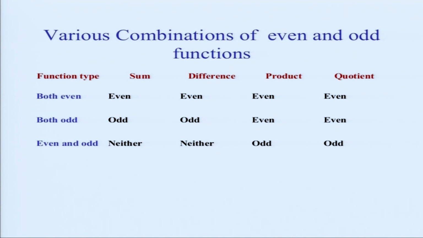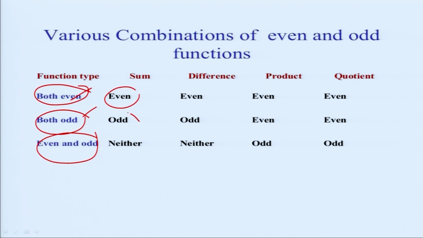Okay. So, if we are combining two signals, what will be the result? Suppose there are two signals: both even, both odd, or one even and one odd. If you add both even signals, you will get an even signal. If you add both odd signals, you will get an odd signal. So, how to remember this table? Just remember, if you consider even as a positive sign and odd as a negative sign, then you can